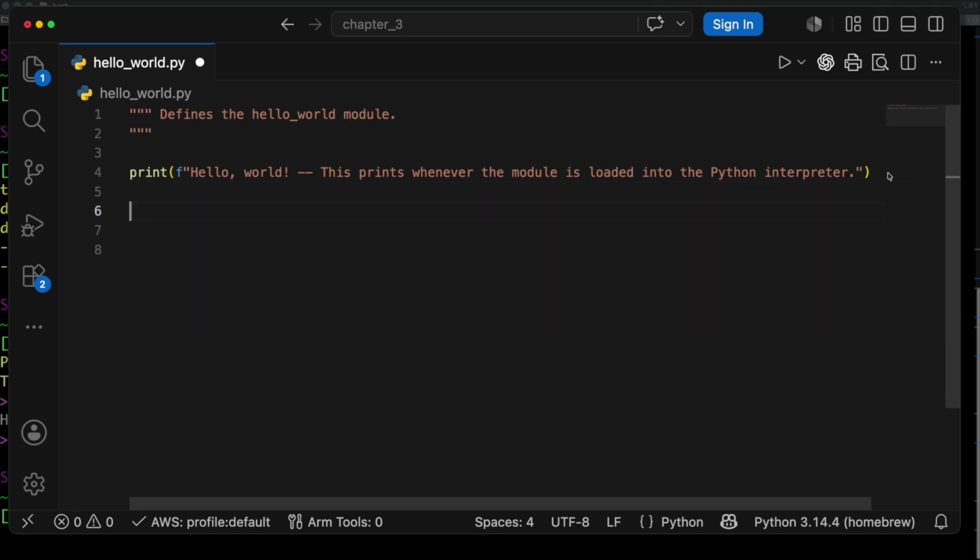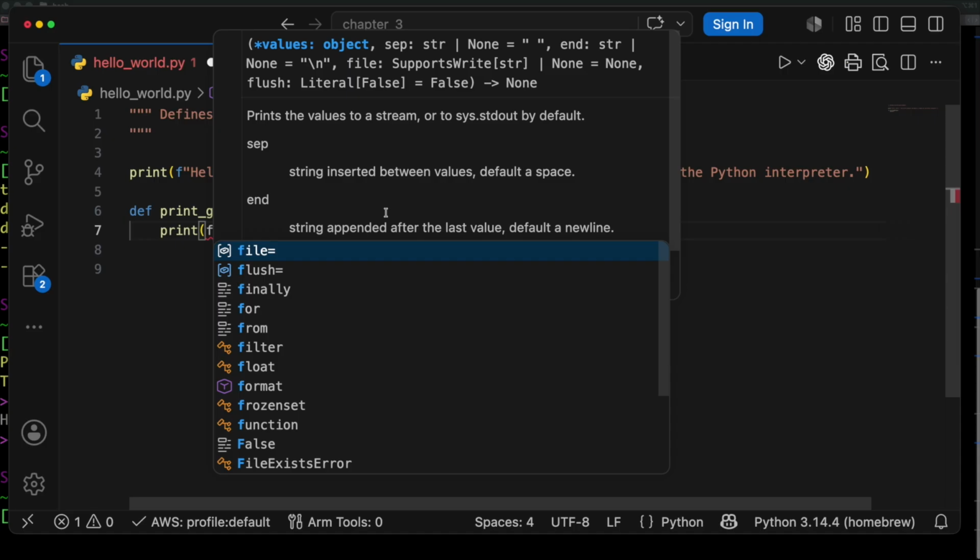So now I'm going to call a function. This is how you define a function. I'm going to say print_greeting, okay? And it'll take a message. Yeah, let's see message, right? I'll just do it like this, and we'll talk about parameters later. So print_greeting, and I'm going to say print f,